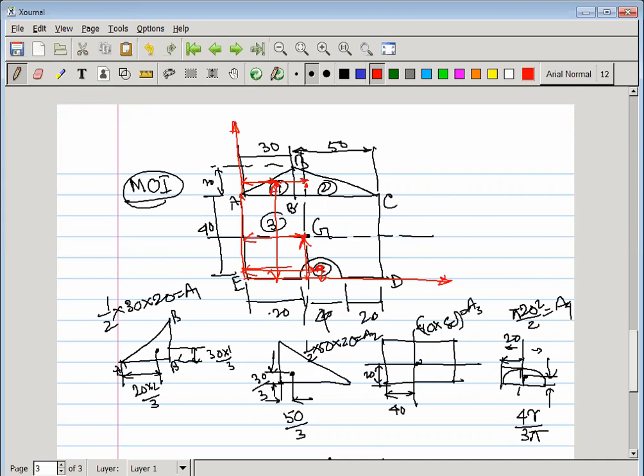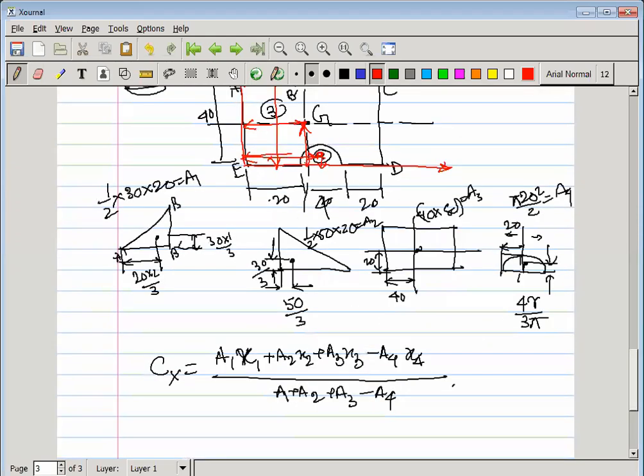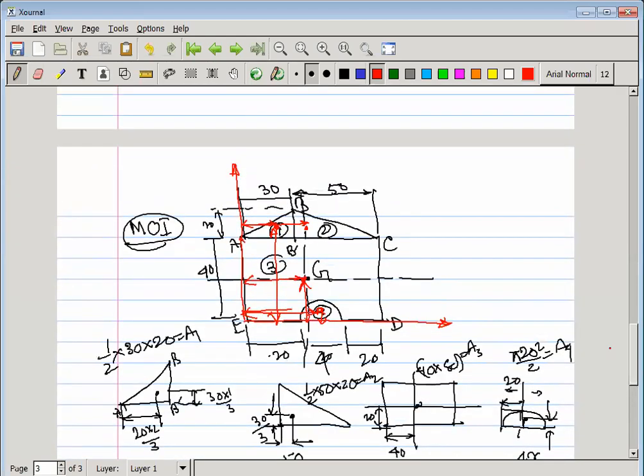So if we put this value, how can we put it? See, I can write here simply so that you can take this value directly. That is x1 here. This one is your centroid. So x1 is this portion. So how much is x1? How much is this length? 20 into 2 by 3. So this is 40 by 3 mm. All are in mm, huh? All are in mm. And how much is y1?